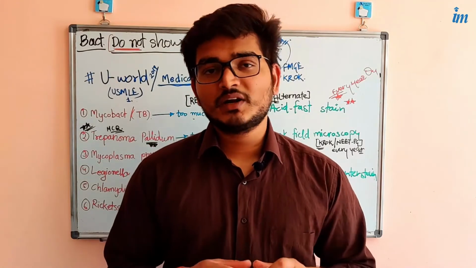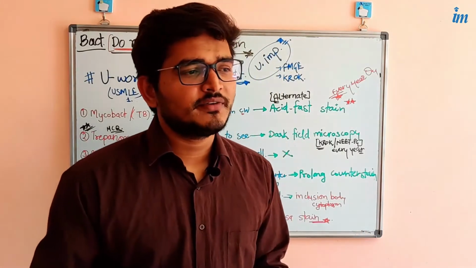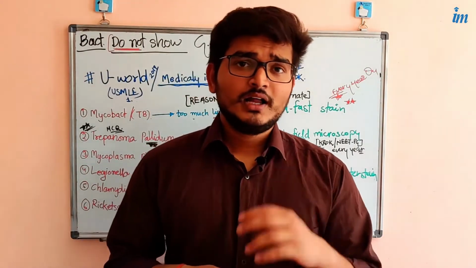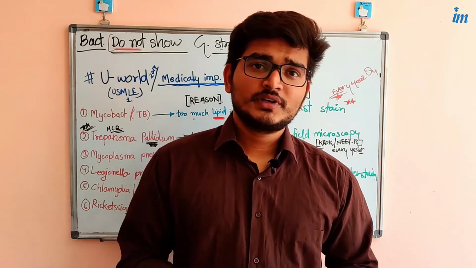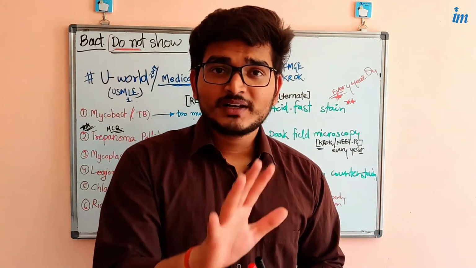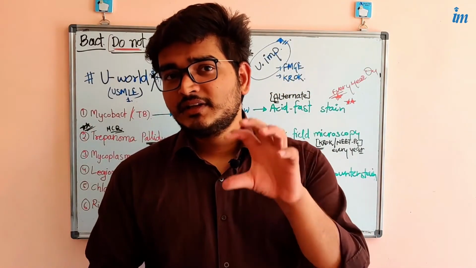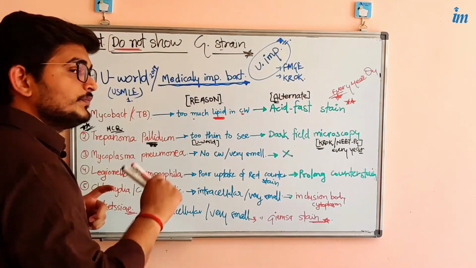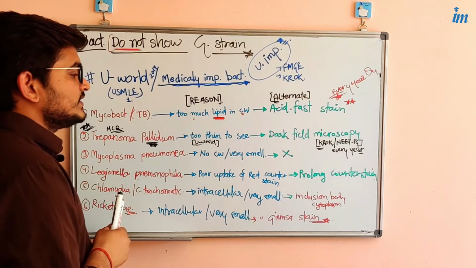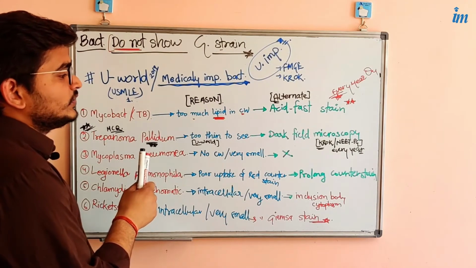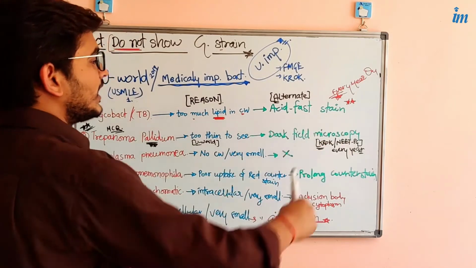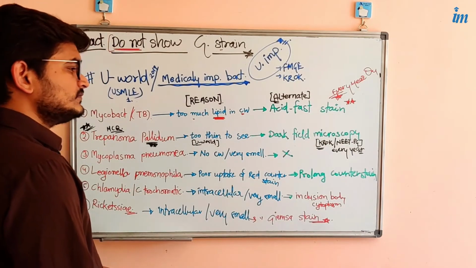So at that moment you are unable to see or identify the particular species of those bacteria. Ultimately, your target should be clear that you want to identify those bacteria, but you are unable to because of the thin layer of the cell wall. That is the example of Treponema pallidum. There also I mentioned it is too thin to see, and at that time use dark field microscopy.